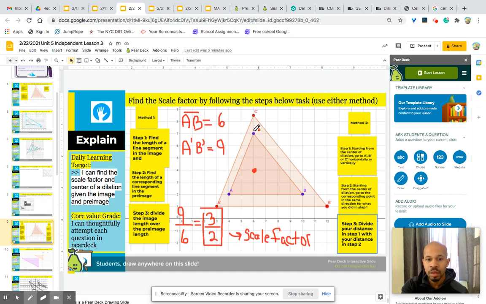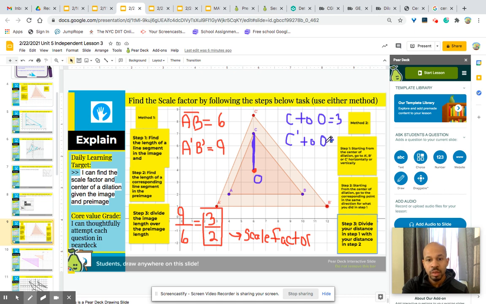Let's find the length from, I'm just changing my colors, from C to this point. From C to this point, it's 1, 2, 3. So let's call this point O. From C to O is 3 units. 1, 2, 3. And then from C prime to O,